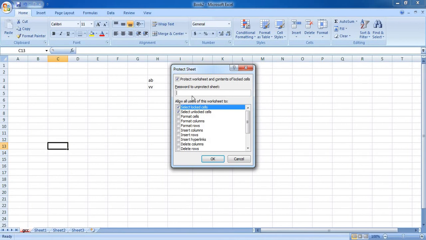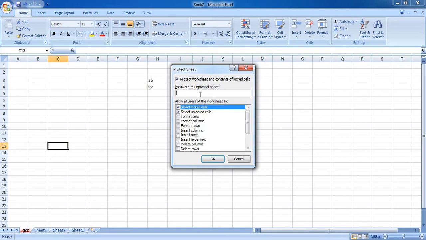These are the exemptions. Even though you protect your sheet, if you select any of the options here, those options will be exempted from the protection, from the security. If you select any of the options, your users can execute them without entering a password. And if you deselect these options, such as a formatting option, your user can never execute without your permission, without password.